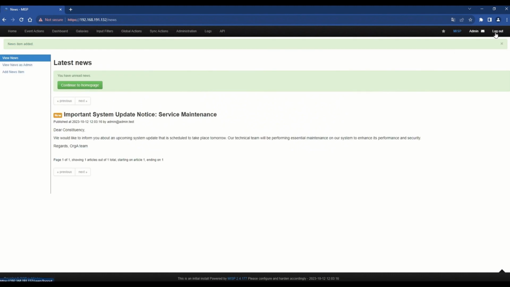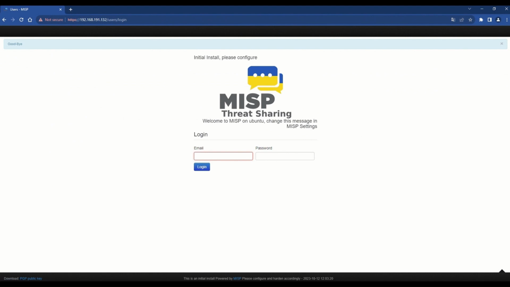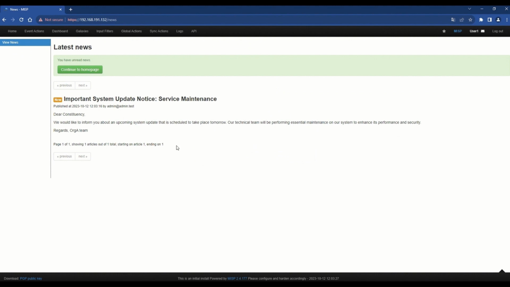Now, let's log in as a regular user to verify whether the news has been correctly published. I'll log in as a user from a different organization. As you can see, the first thing that the user encounters upon logging in is the news we have just